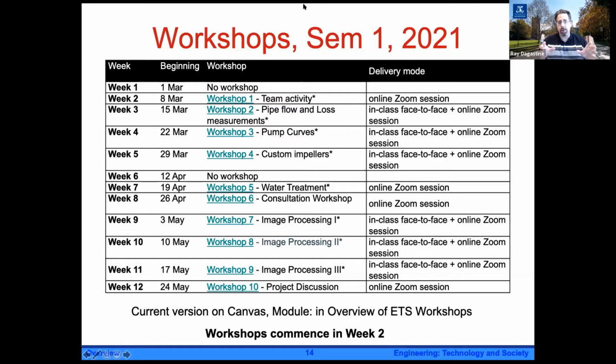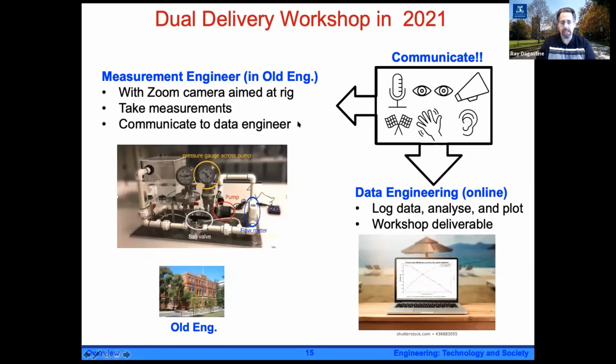So the workshops, some of them are in person, you can see, and some of them are, we don't have workshops in week 1, but some of them will be in person, some of them will be this mix. But how that kind of works is, I'll give you an example of that. We have to make measurements on our experimental rig. But if you've got cameras on your laptop pointing at the rig and you've got at least one person that's